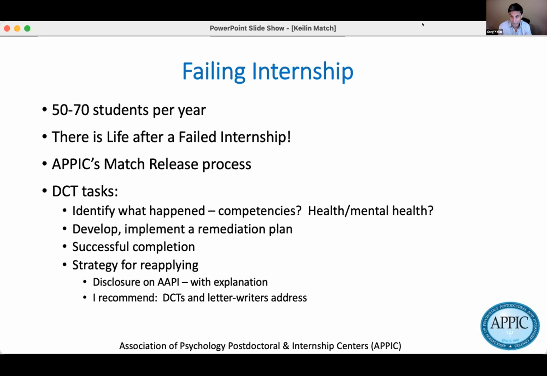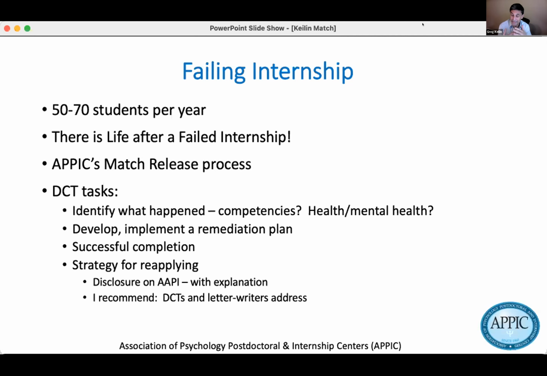Now, once a student has, say, failed or resigned, what's your role? What are your tasks? Well, first of all, you get to identify what happened, and that is often not easy. Is it competencies? Are there health or mental health issues? Are there conflicts between the student and the site or the supervisors or the training director? Usually it's a combination of these things. And you're also going to get often very different perspectives from the student and from the internship as to what happened. So you kind of have to sort through that,